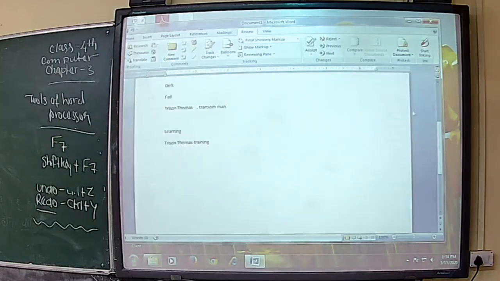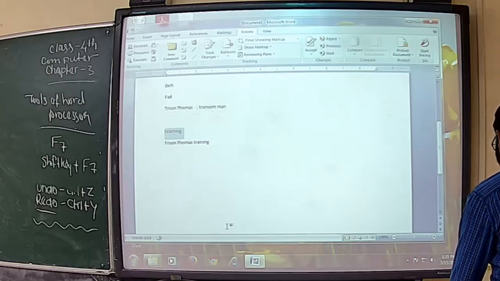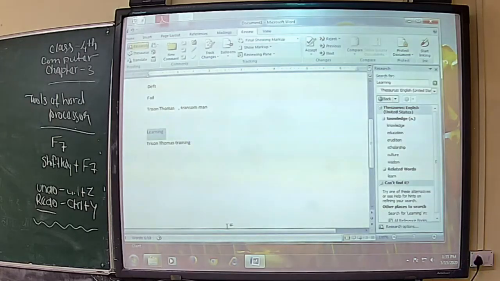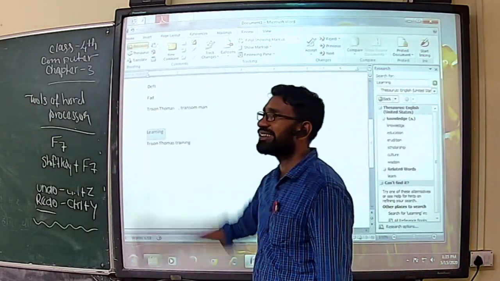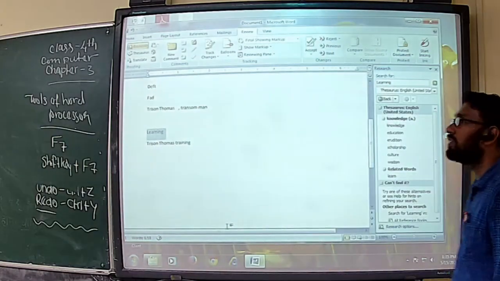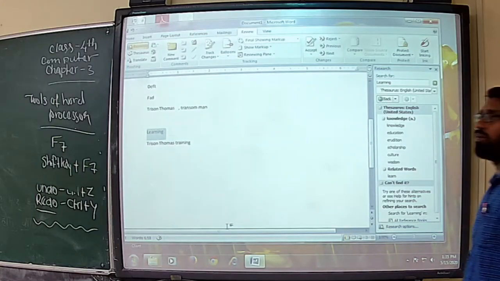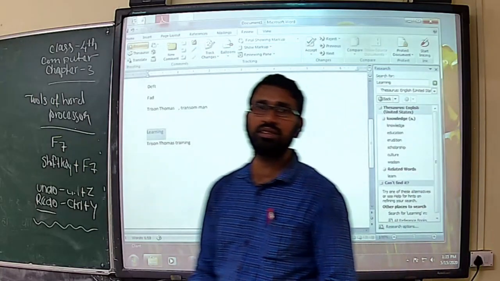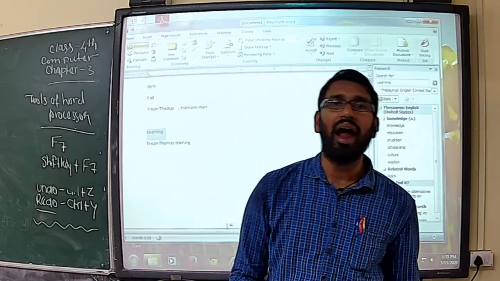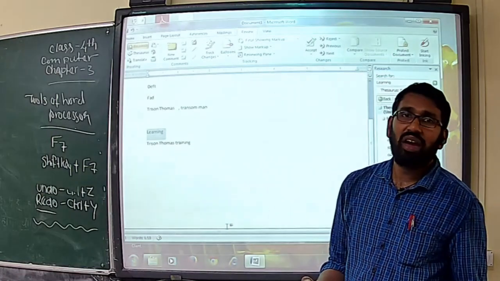Clear? I'm selecting learning again and pressing Shift plus F7. Thesaurus comes up again. No need to go to the review tab and select the Thesaurus option. Clear? So Thesaurus consists of a group of antonyms and synonyms to make our document more attractive and more vocabulary based.